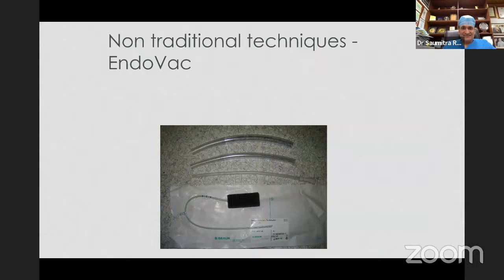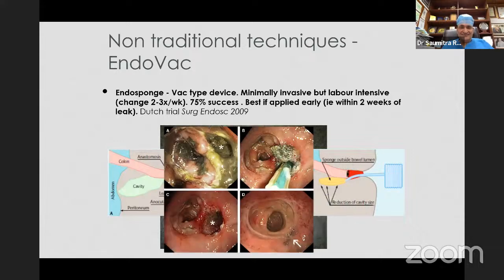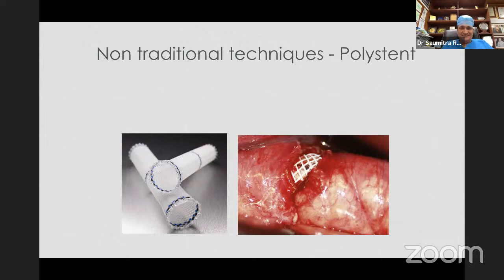These are some of the non-traditional techniques. Endovac is one of them, and this is where you put the endovac in the cavity, and normally you leave it for 3 to 4 weeks. It depends on when everything settles down, and it is best if it is applied early. If you can catch the anastomotic leak early and put a suction drain there, there is a 95% success rate. Another technique is